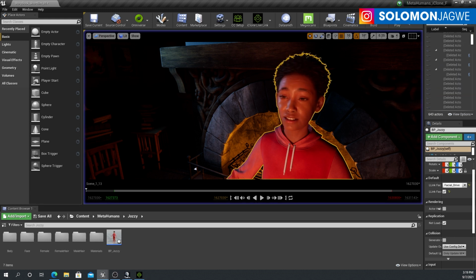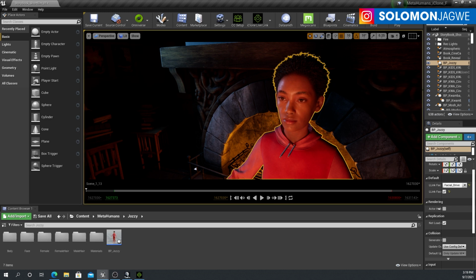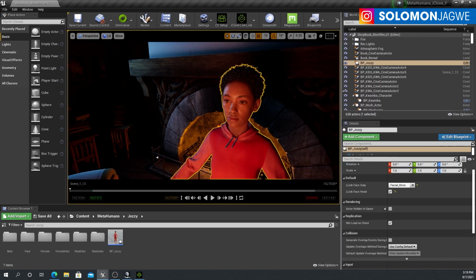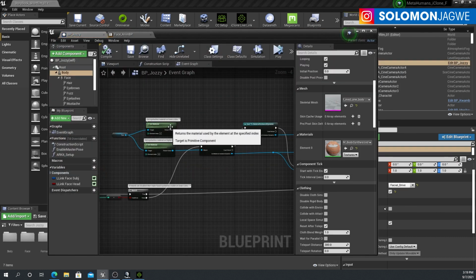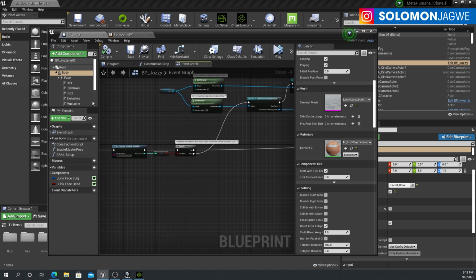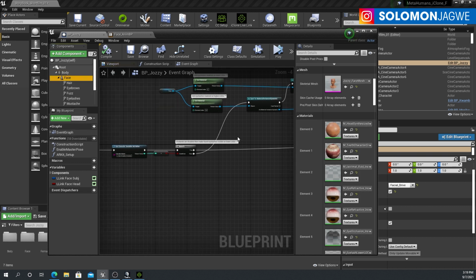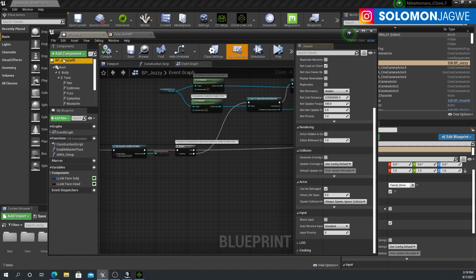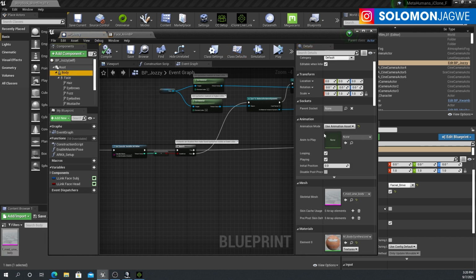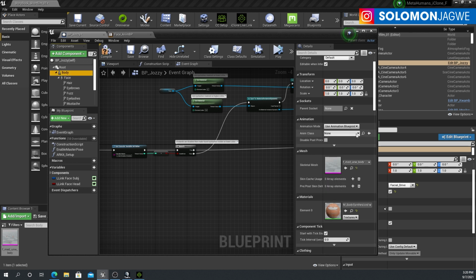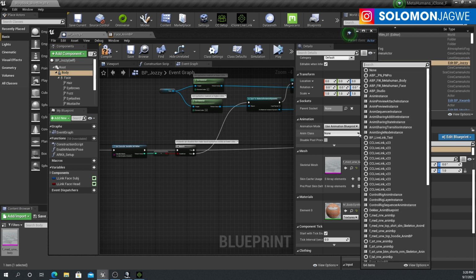Let's go ahead and stop over here, and let's go over here, and we're going to edit the blueprint for her. And as you can see, we need that. So we have the face, right? And we need to be able to do both the body and the face, and make sure you're working on the right character. All right. So the root over here, select the body over here, and then switch this to blueprint. Okay. And we want to switch this to the blueprint that is